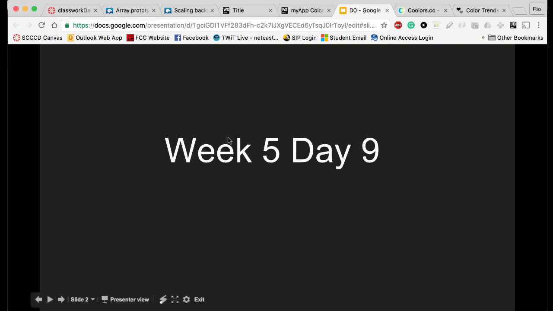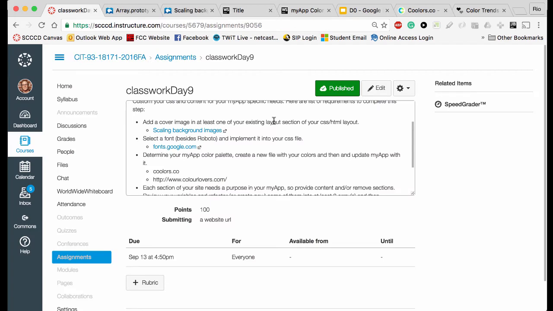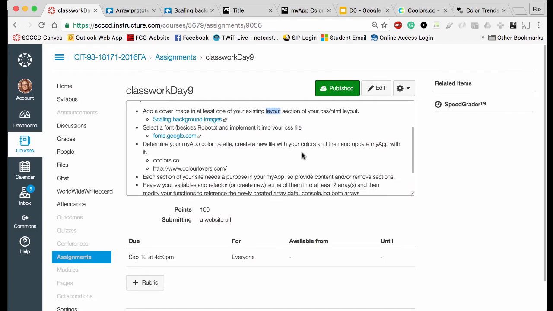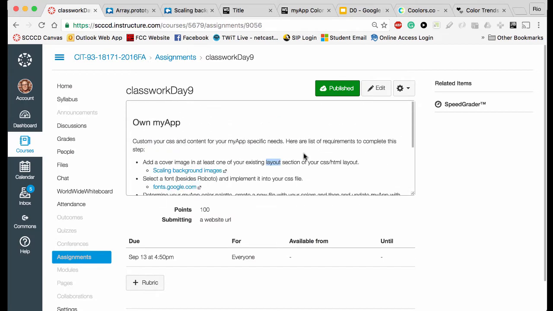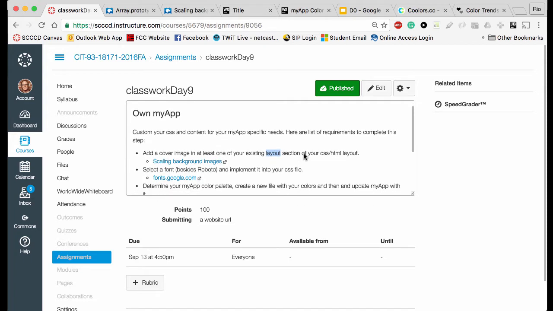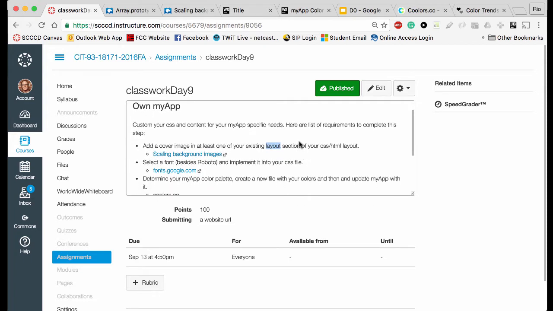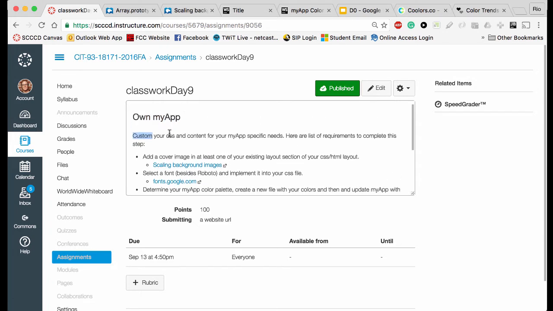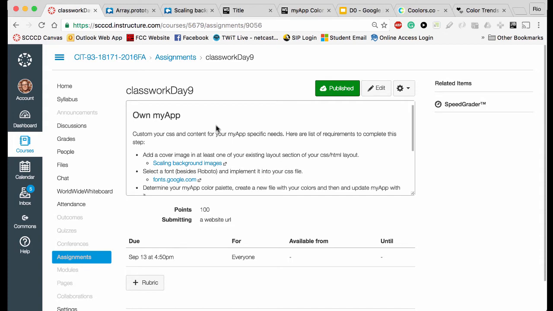Right, so let's go over week 5, day 9. For today, there's several steps you need to do, but I think very doable and hopefully very fun, because I know it was fun for me to implement the following things into my app. I termed this day Own Your App because of some of the stuff we were talking about in class: don't be a script kiddie, know what you're doing, know what the code is doing, and especially know